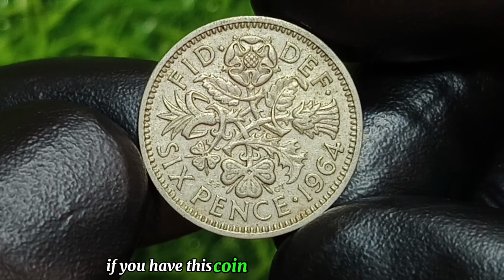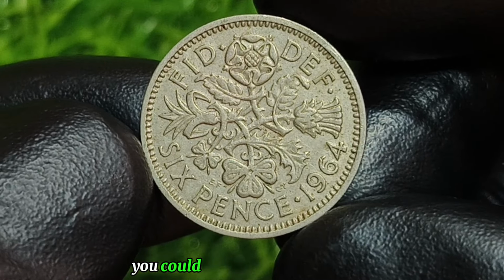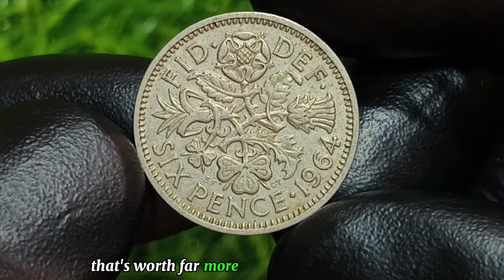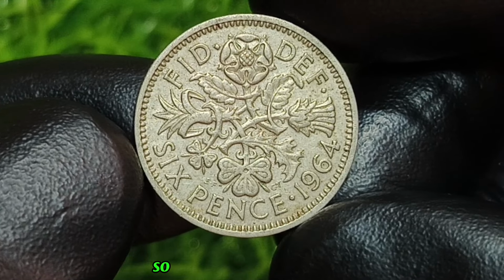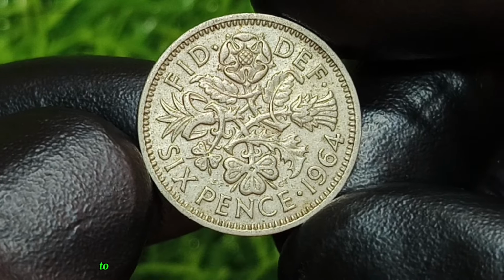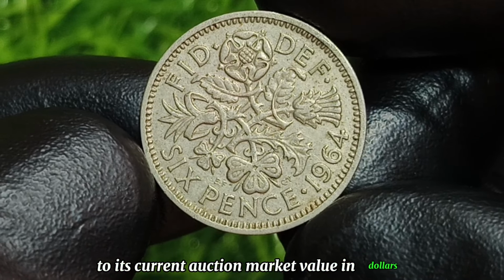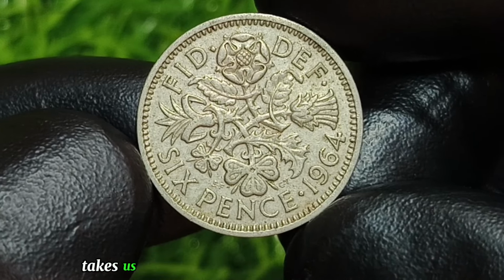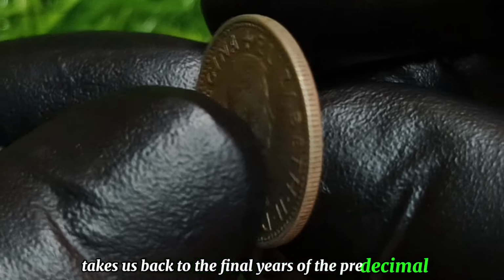If you have this coin in very fine condition, you could be holding on to a small yet powerful piece of silver history that's worth far more than you might imagine. So, let's dive into the exciting journey of this exceptional coin from its background to its current auction market value in dollars. The 1964 United Kingdom sixpence coin takes us back to the final years of the pre-decimal British currency